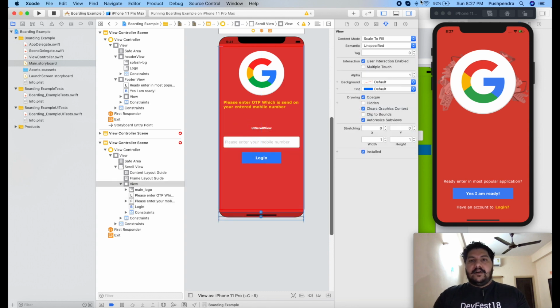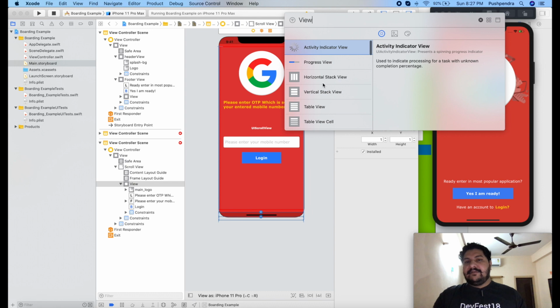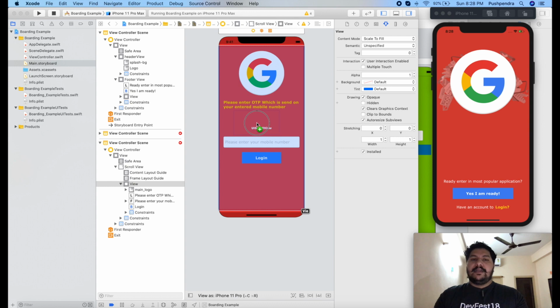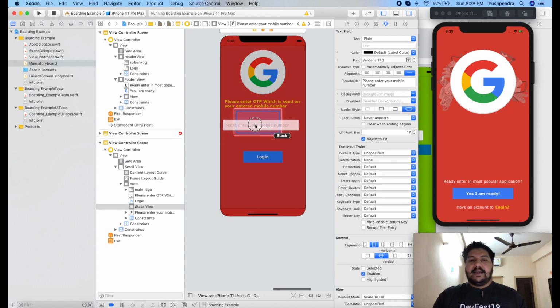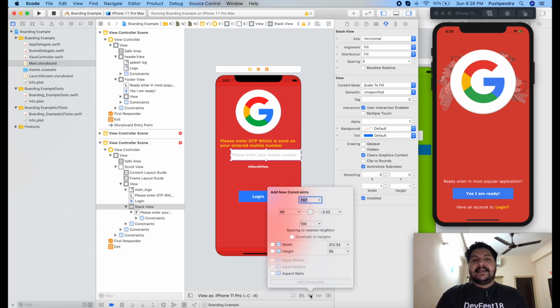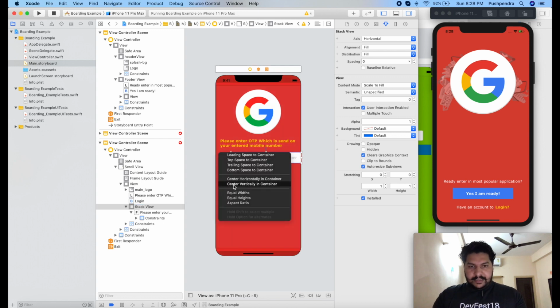So now what I'm going to do, I will take one view, or you can also take stack view for that, okay, like horizontal stack view also will work, and normal view also will work if you would like to take, and drag and drop here. Now I will set the constraint to this stack view, and my constraint will be from top and bottom, and it will be center into the screen, okay. So from top 20, from bottom 20. So this is my first constraint, and secondly this will be the center of the screen,